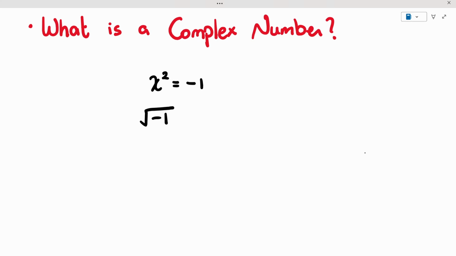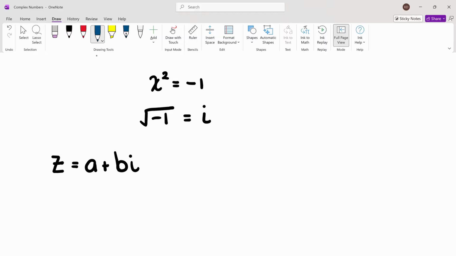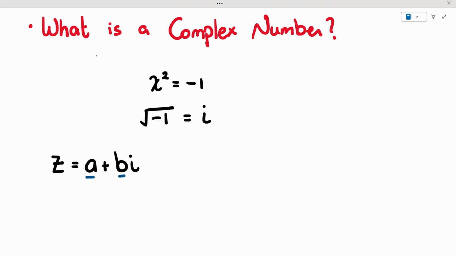So what they did is they defined the square root of minus 1 as i. And using this, which is called an imaginary number, they realized that they could actually solve any polynomial equation. So the complex number, let's call it z, that's the usual notation, actually uses this imaginary term here. The complex number z can be written as a plus bi, where a and b are real numbers,